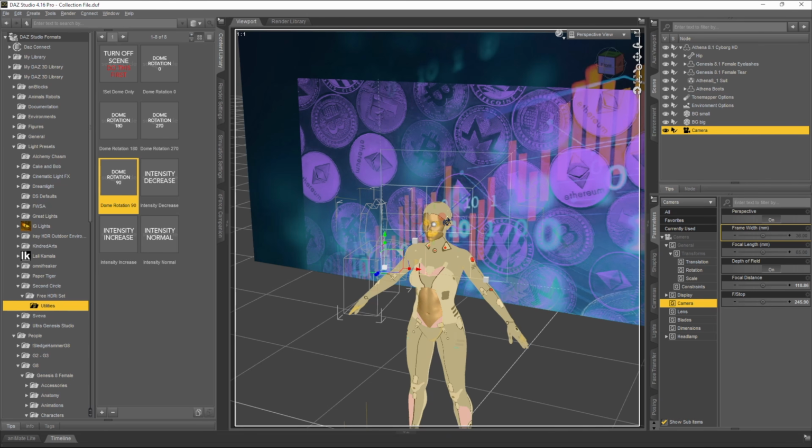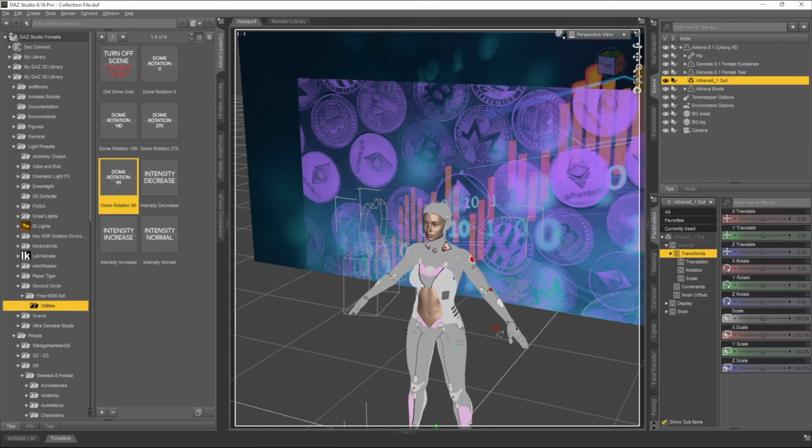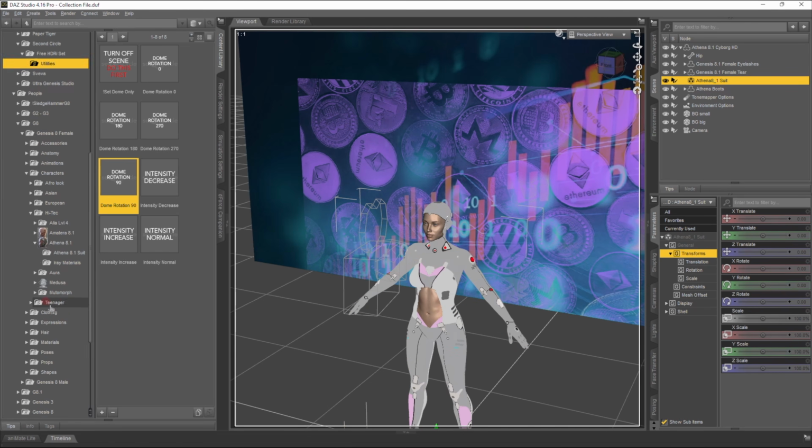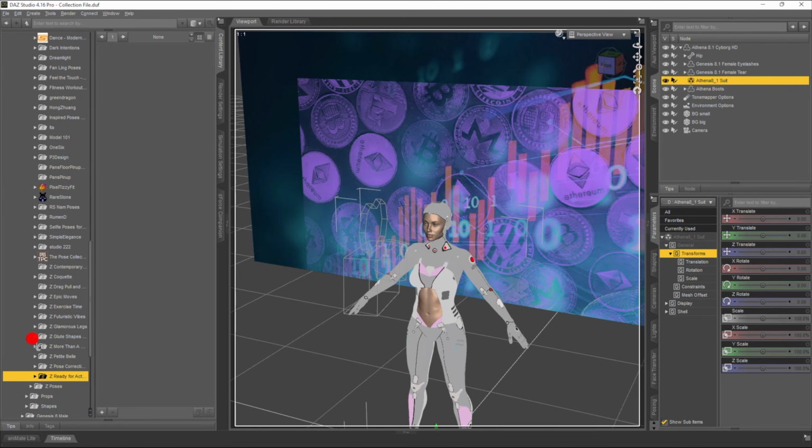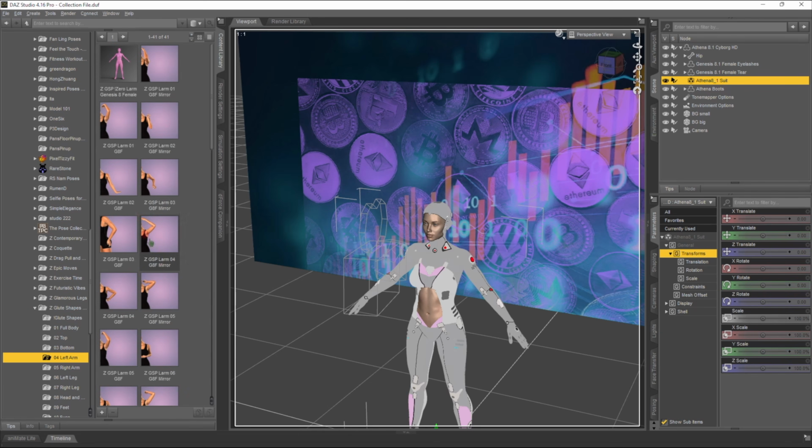So the main idea is for the head to stay as it is. The most important thing is to not move the head. You will see why. So now we just can move around the hands. So I think some of the poses they included like a full body, top, bottom, arm left, arm right. So arm left,